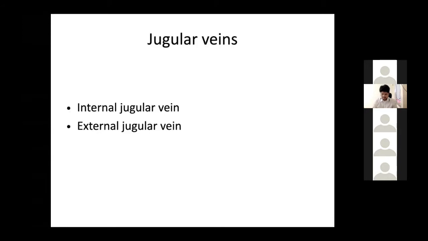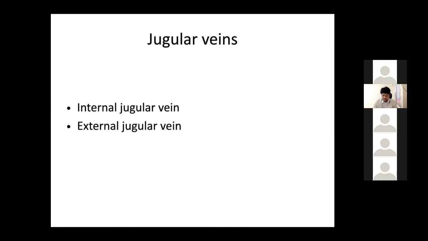And some other specific conditions where you should see the JVP. Now, before coming to that, we know there are two important veins, the internal jugular vein and the external jugular vein. Now, why do we use only the internal jugular vein? There are various points, but the most important point is that the internal jugular vein is in direct continuity and in a straight line with the SVC. So that is the first and foremost important point why we use the IJV and not the EJV. It is in straight continuity with the SVC and thus the right atrium.